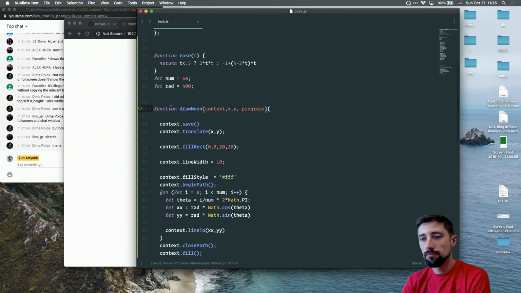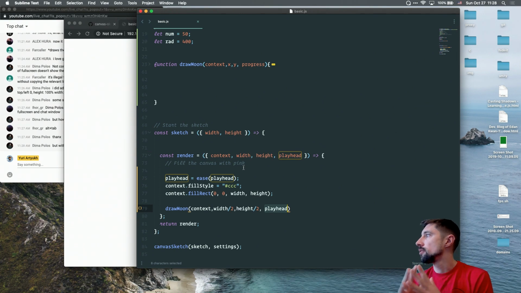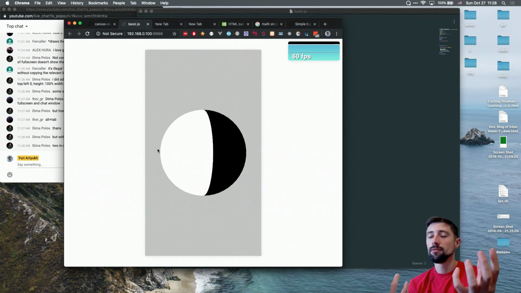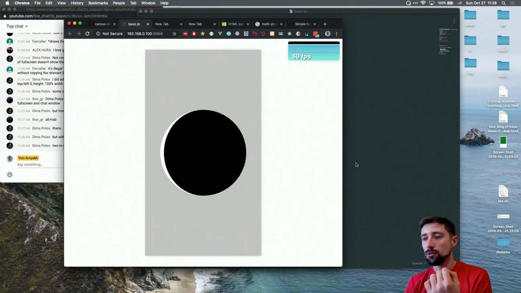So now we have the function, like the separate one, which just draws the moon at the XY coordinates, and depending on the playhead, it draws the, what I wanted to say, the progress of the moon. The other thing I would like to do, it's not actually looping infinitely right now, because when it draws the black one, it starts with the white one again from the start. So what I can do now,